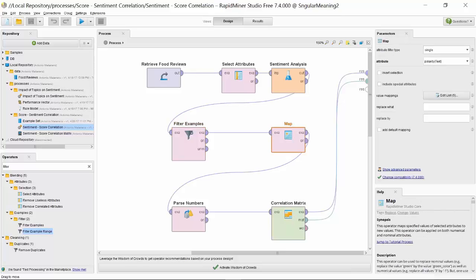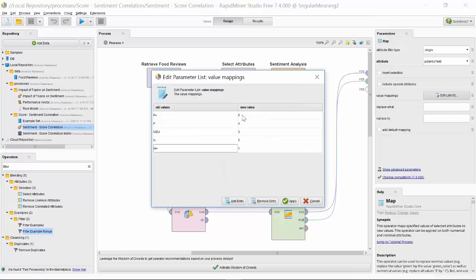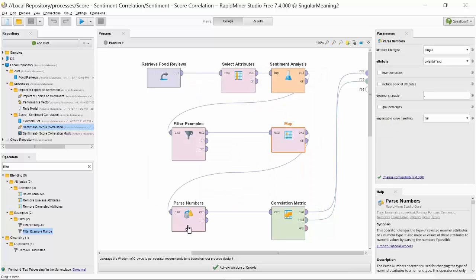So first I need to map these to some numeric strings, from P plus to 5, from P to 4, etc. And then to turn these numeric strings into numeric values. Okay, I need to parse the numbers in these strings.